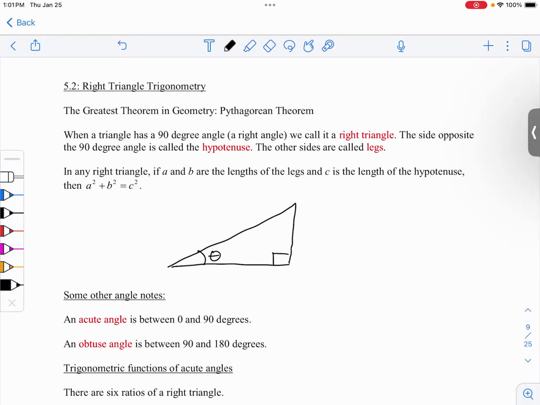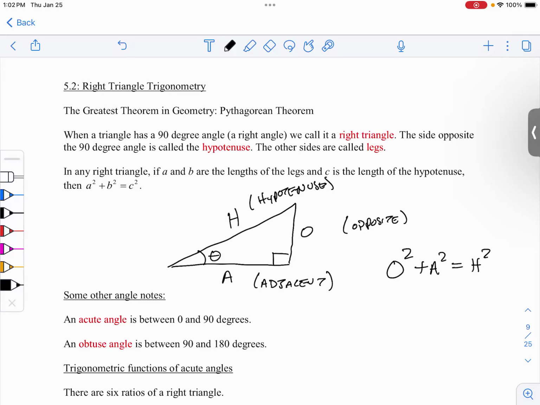And from there, we still have the hypotenuse. We call that guy H, which is of course the side opposite the right angle. Then we have what we call the O side, or opposite side. And then the A side, the adjacent side. So we still have the same exact formula,